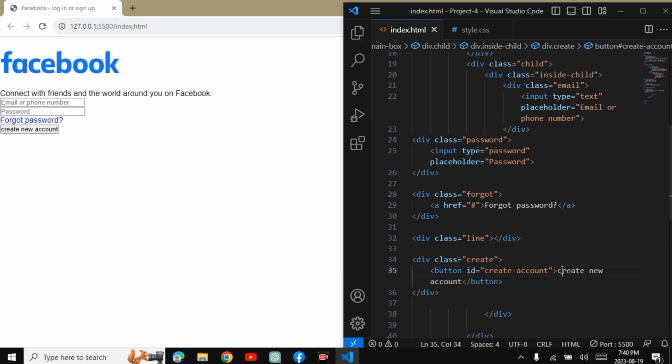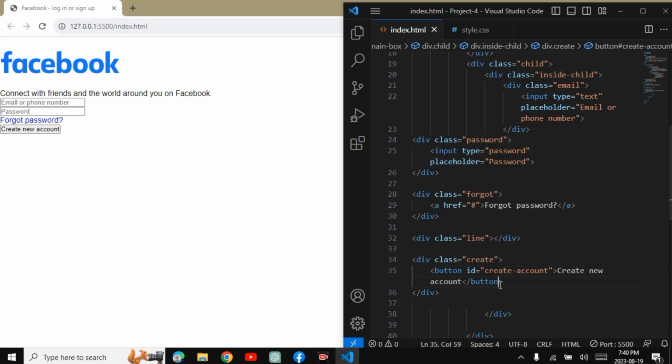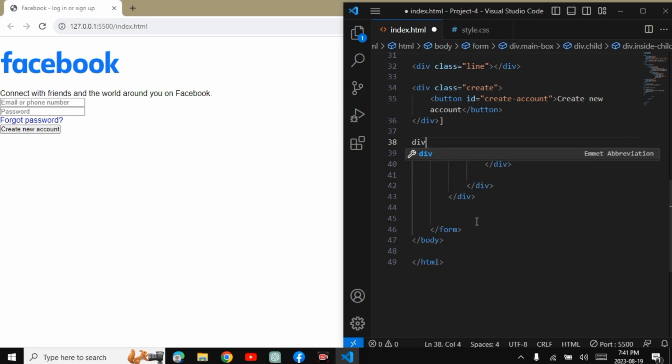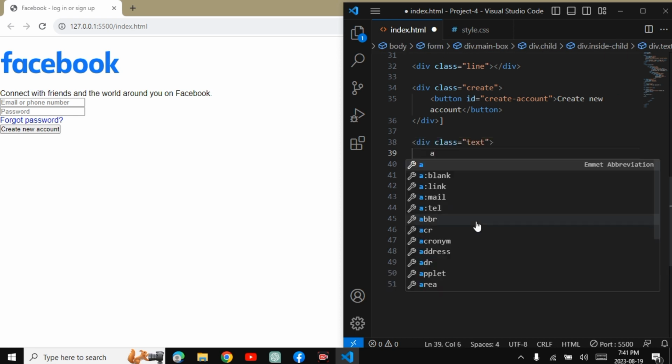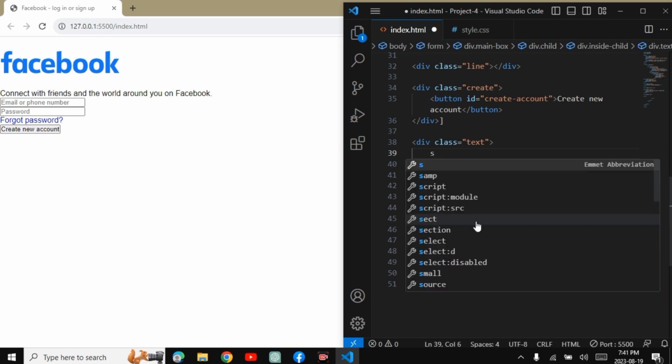We have to put capital F first. Let's save it. After that, at the last, we have to insert another div. In another div, dot text. In that, write it in a span tag, because there were two texts, one was an anchor tag, another was simple plain text. So in a span tag,